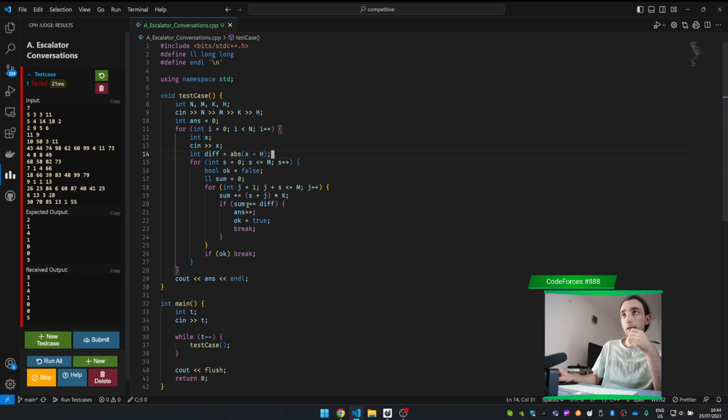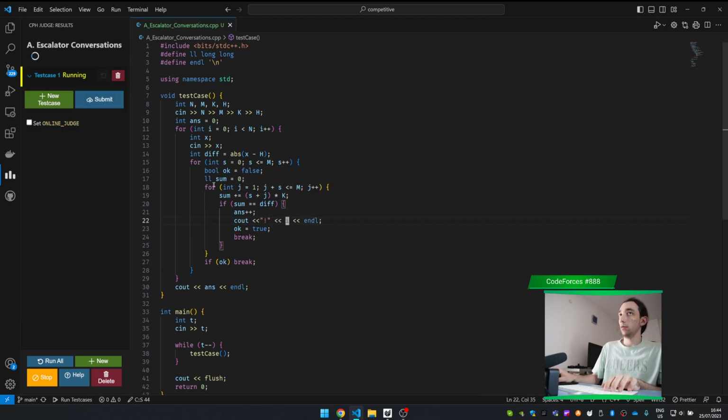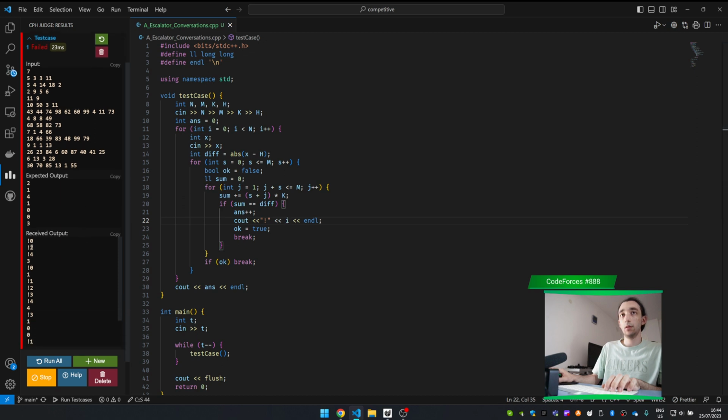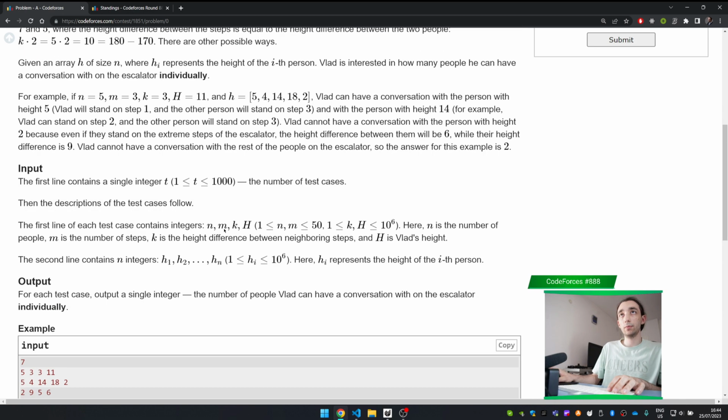If the sum is equal to some difference, let me check. This is definitely not 0, 0, 2, and 4. Wait, height of 2, the first case explained in the